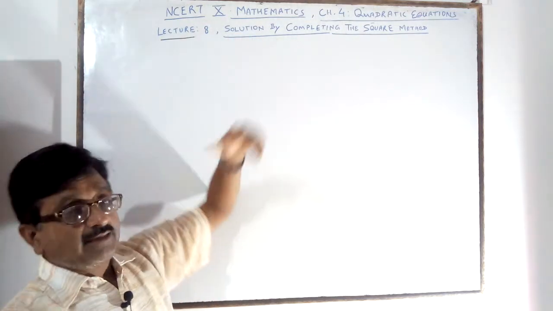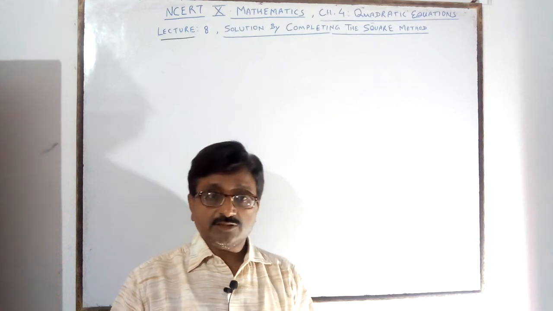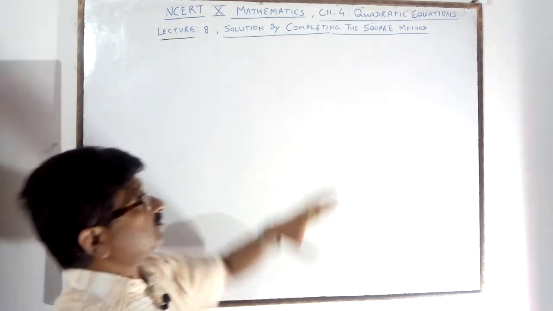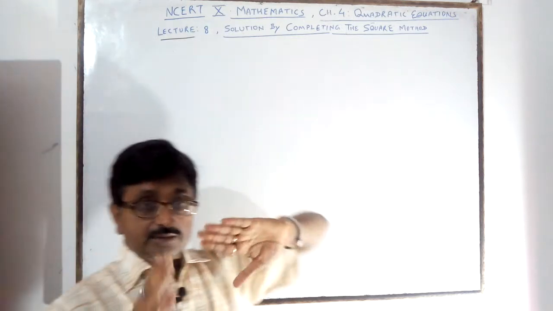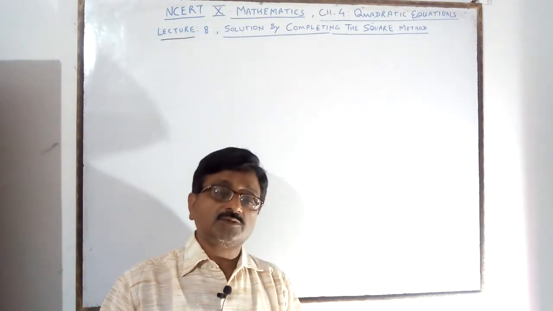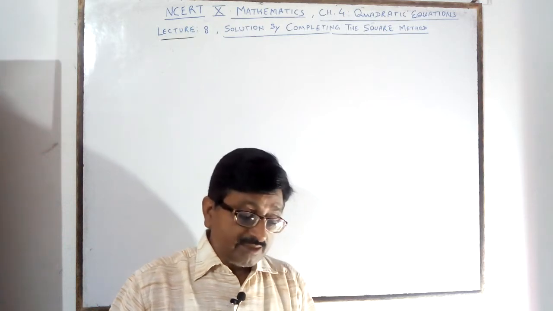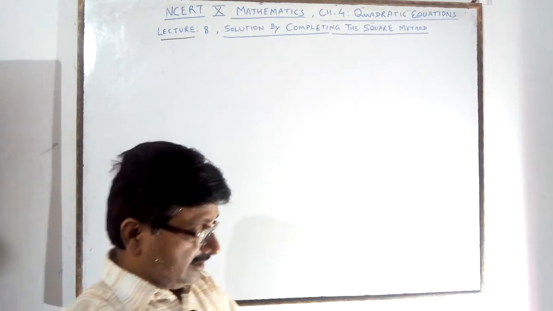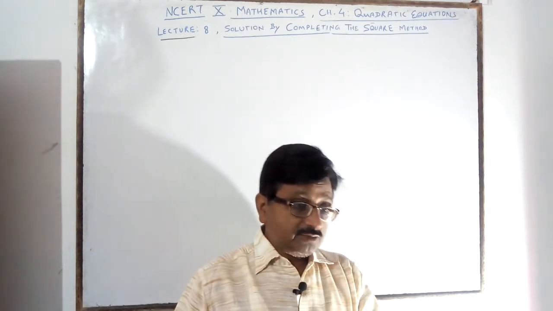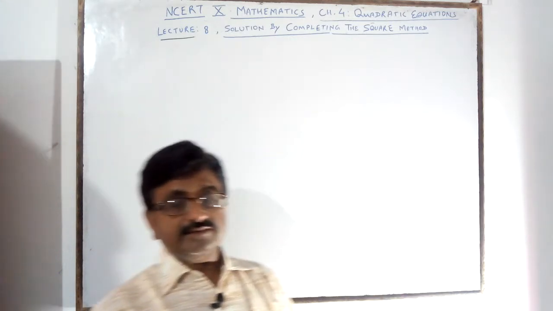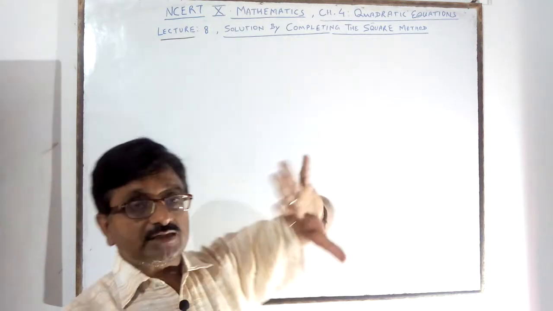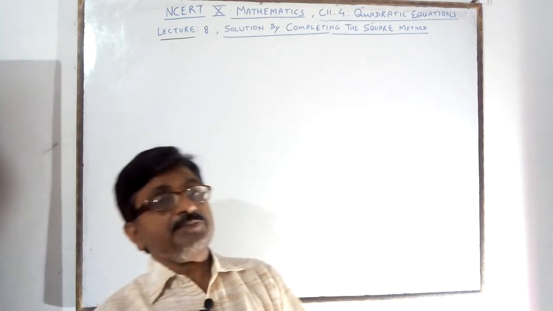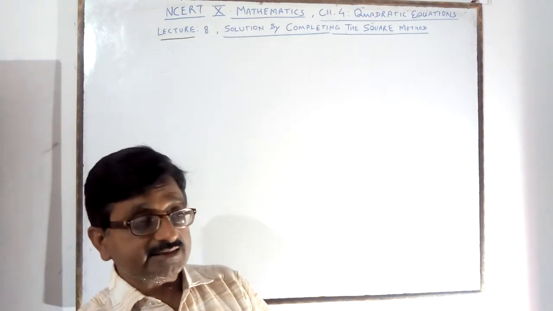In the previous lecture, I told you about the quadratic equation: how to factorize it and how to find its zeros. But now you will study the solution of the quadratic equation by the completing the square method. You saw middle term factorization in the previous lecture, because it was given in classes 8 and 9. So you already know what type of middle term factorization you will do. That was a revision of the previous classes. Now you are studying in class 10th.